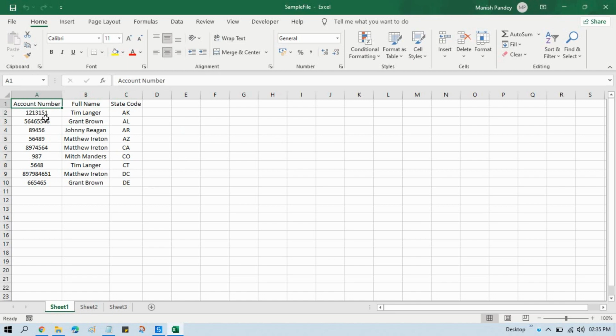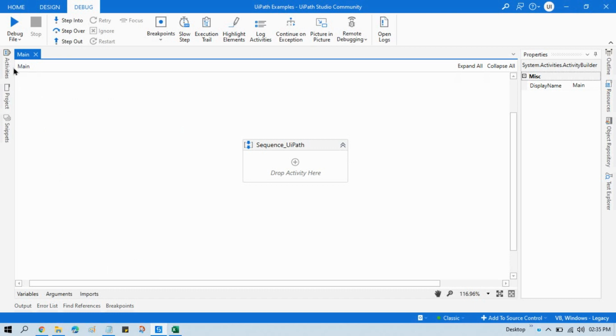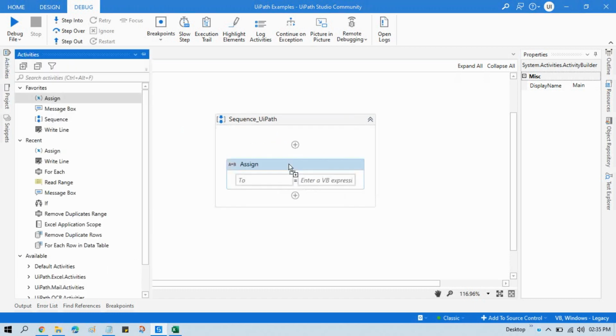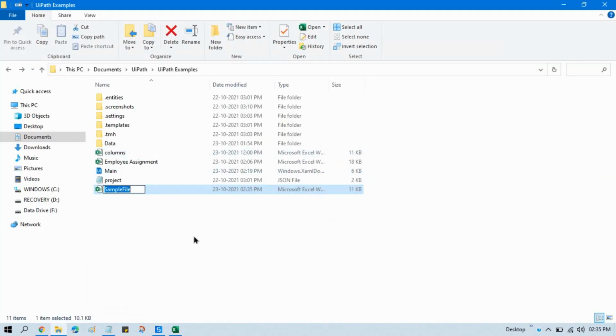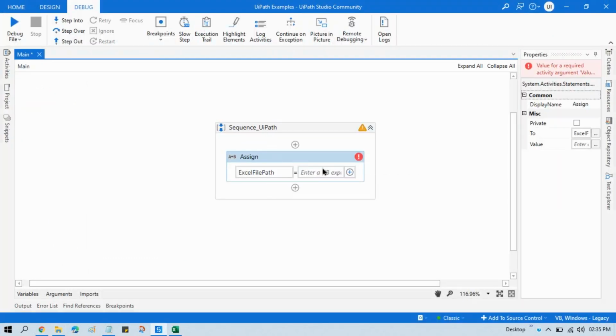For that, let me take one assign activity just for the Excel file path, and our Excel file path is sample file dot XLSX.